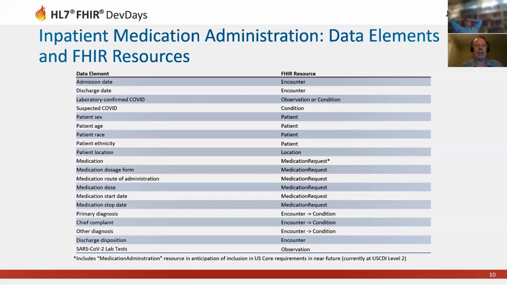But that had the expected information, such as what medication was ordered, when it was supposed to start, what the dose was, and the route of administration. So we are initially getting that data where we can by medication requests, but we understand that this is a draft mapping, and as time proceeds and medication administration becomes exposed as a queryable FHIR resource, we could move